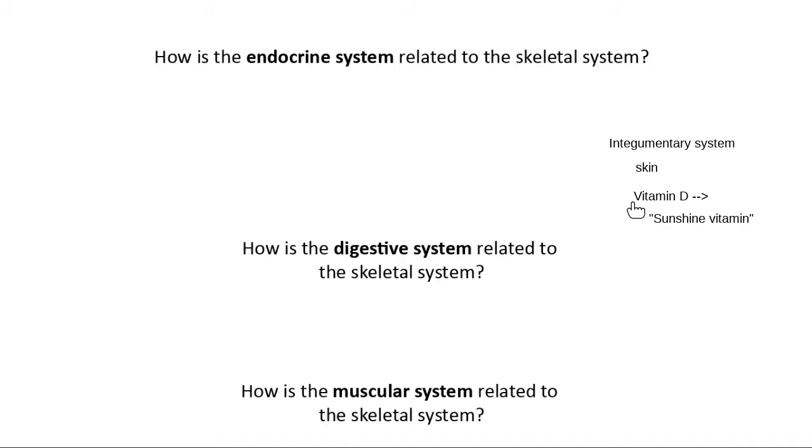With rickets, typically you see it in environments where there's not, so northern latitudes is what the video talks about. People that live farther from where the UV rays of the sun hit the earth have a harder time making the vitamin D that they need. Without that vitamin D, you can't absorb your calcium. And that's an issue with calcium levels in the bone. So when we talk about how the skin relates to the bones, it's all about vitamin D.